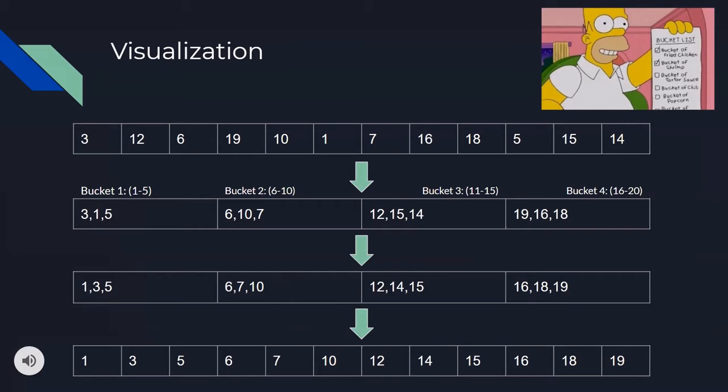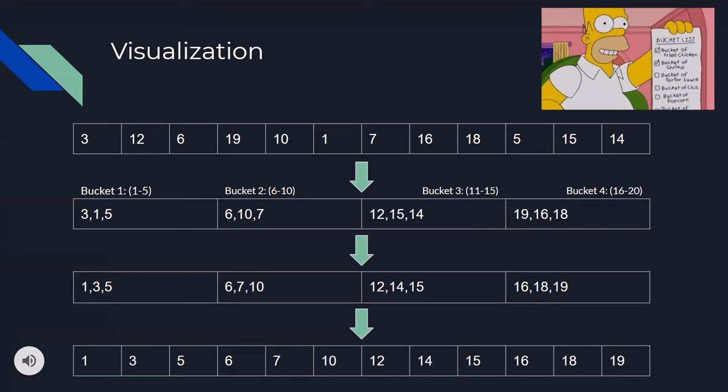For this example, I have an array of 12 integers, and I want to sort this data from least to greatest. Since our values range from 1 to 19 in this array, I thought that it would be good to implement 4 different buckets. So split the data evenly into 1 to 5 being the first bucket, 6 to 10 being the second bucket, 11 to 15 being the third bucket, and then finally 16 to 20 being the fourth bucket. Since I created this array, I had it nicely come out to be 3 values per bucket, but